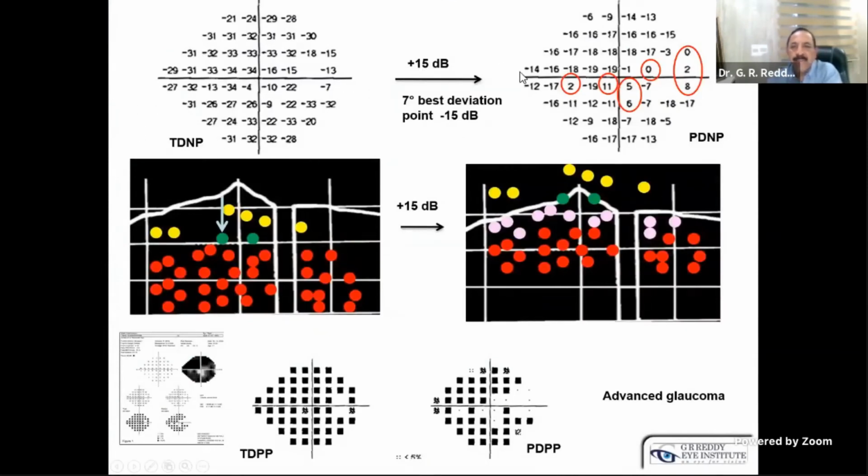By adding, these points became normal. And these points will come close to the slope of field of vision. They are the superficial scotoma. And by identifying the superficial scotomas, we can know the direction of progression. And the deep scotomas will not change the black square. P-value 0.5% will not be changed even by adding plus 50. Still they retain the p-value 0.5%.